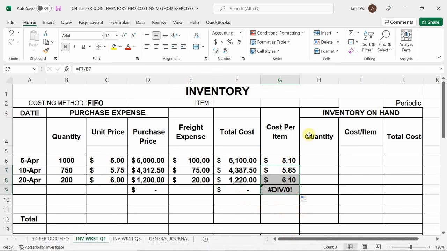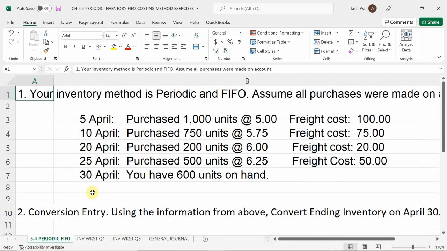$6.10. Now, I dragged my formula down here and it tells me that I have a division problem. That's because all my cells that I have in this very last row are empty. But if I keep filling them in and keep filling them in, this will eventually calculate. Right? All right. So, last but not least, right, April 25th, we purchased 500 units at $6.25 each with a